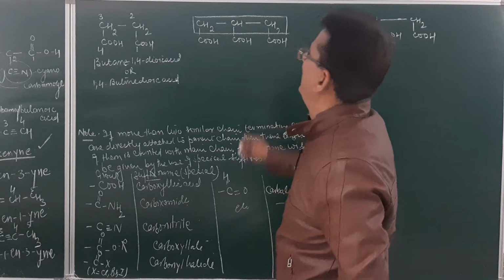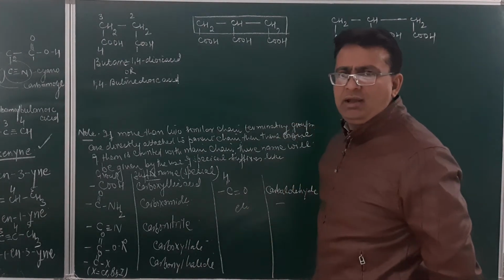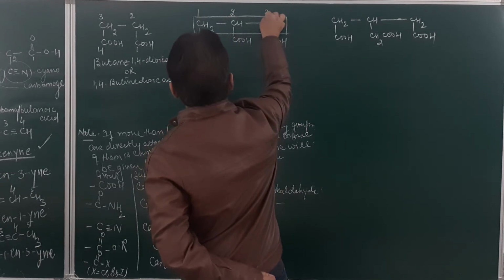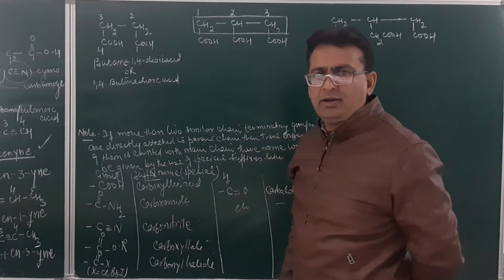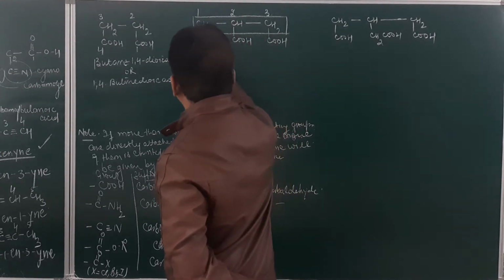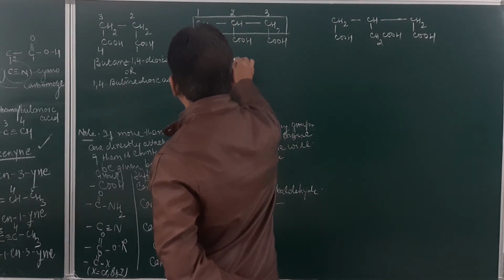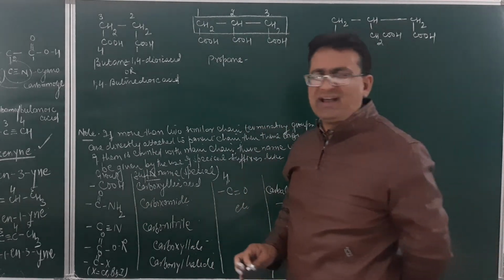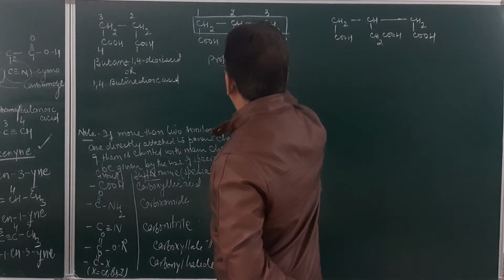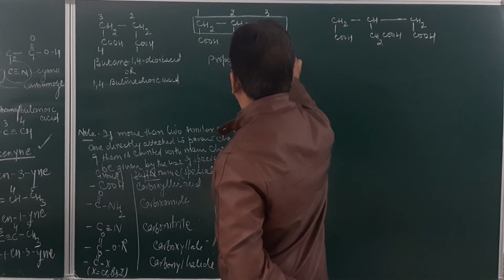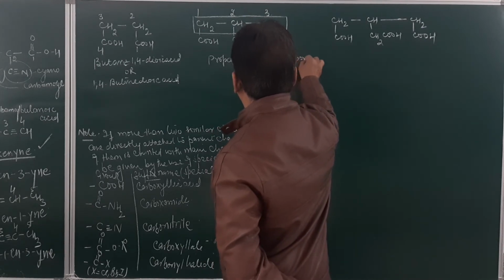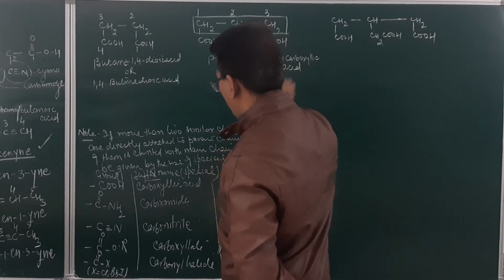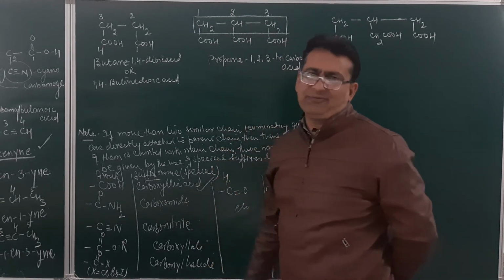And for the COOH group, what suffix is used? It will be carboxylic acid. So this will be 1, this will be 2, and this will be 3. Am I clear? So for 3 carbon atoms, what is the root word? It will be prop, single bonded ane. At 1, 2 and 3, what is present? Carboxylic acid. So the name will be propane-1,2,3-tricarboxylic acid. I have used this special suffix.